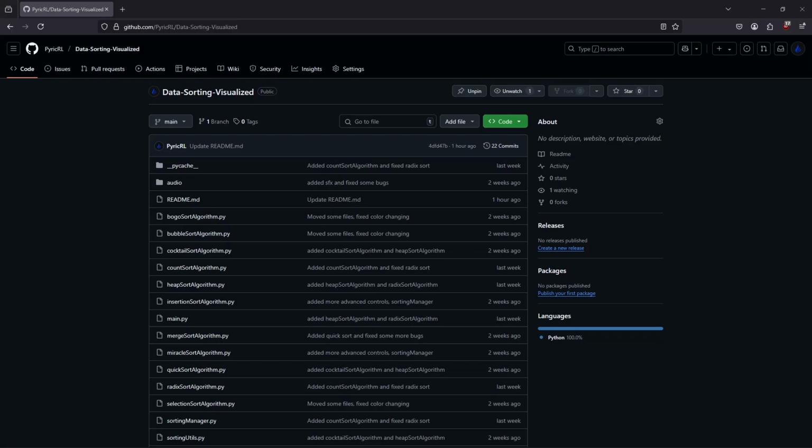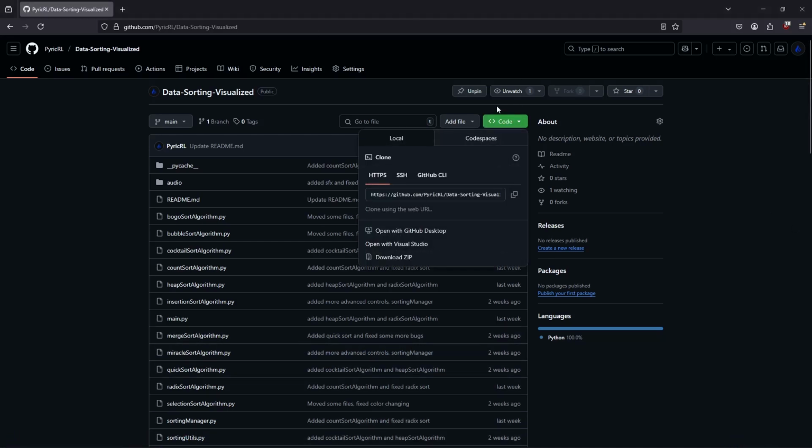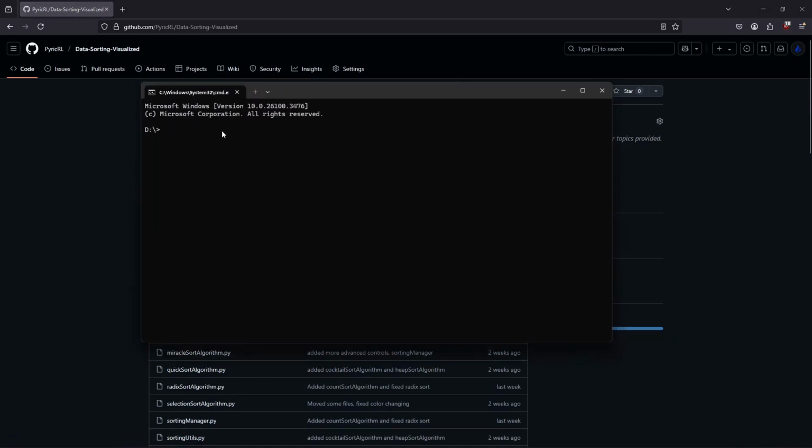Okay, so now if you're using any text editor or code editor other than Visual Studio Code, there is a different way to do it. I don't use anything other than Visual Studio Code, so I'm not exactly sure if there's specific ways. But the general way to do it is to go to this code on your repository, copy this link, and then from there, if you open command prompt, you can